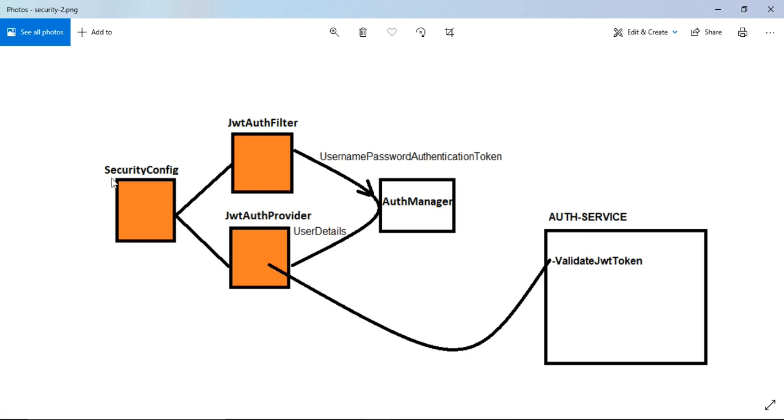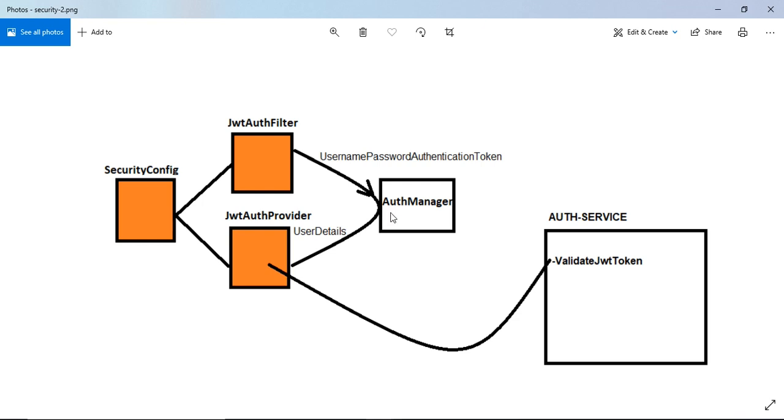The flow is like this: whenever any request comes, it comes to Spring Security. Spring Security forwards the request to the JWT filter. Then the filter checks whether the authorization is present in the header or not. If the header is present, it forwards the request to the authentication manager.